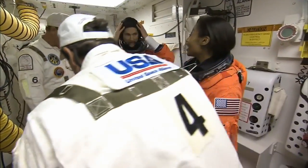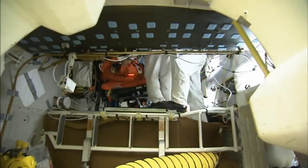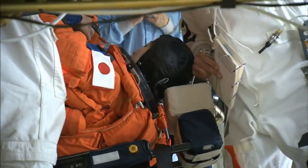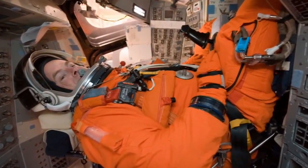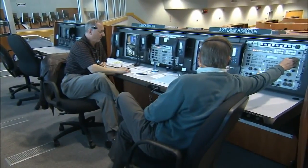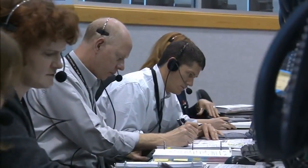Waiting in the pad's white room was the closeout crew. They checked the astronauts' flight gear and helped them into their assigned seats aboard Discovery. Once seated inside the shuttle, crew members checked out all the dials, switches, and buttons they'll use during flight. NASA's launch director in the Launch Control Center then led the ground crew and launch team through a realistic launch